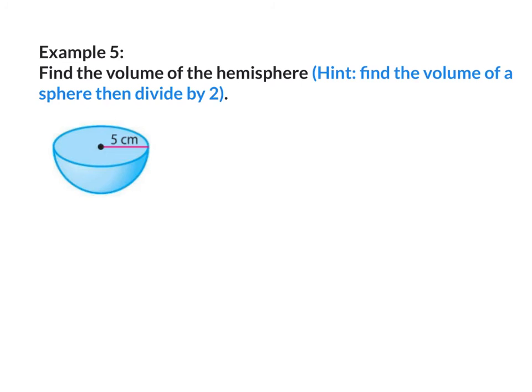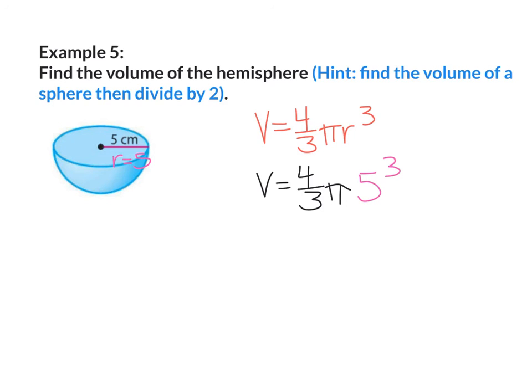Example number 5. Find the volume of the hemisphere. Hint: find the volume of a sphere, then divide by 2. So I know that the radius equals 5. I'm going to write down the formula for the volume. V equals 4 over 3 pi r cubed. I'm going to fill in what I know. V equals 4 over 3 pi, and r is 5, so it would be 5 to the third power. So 5 to the third power times 4 divided by 3 times pi will give us a volume of